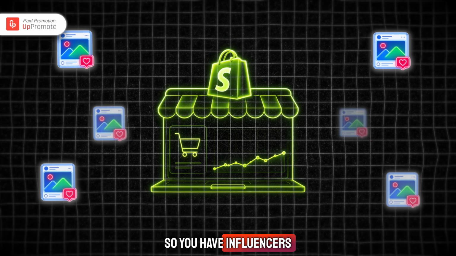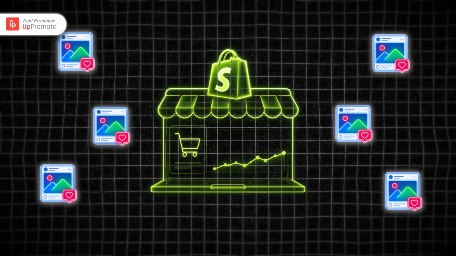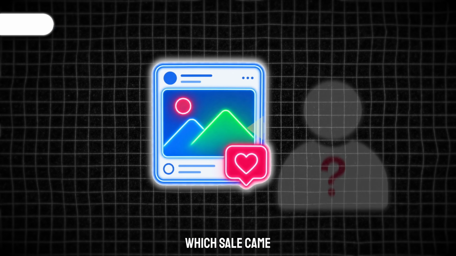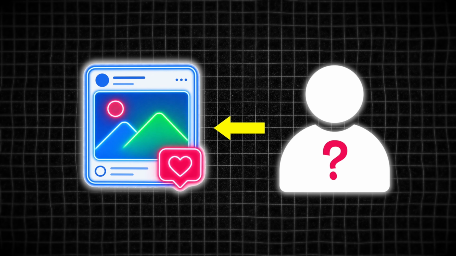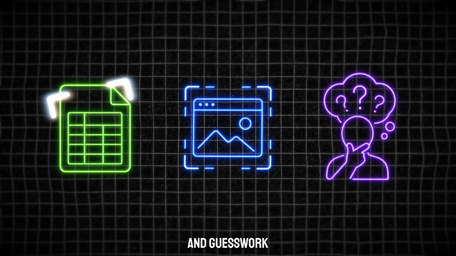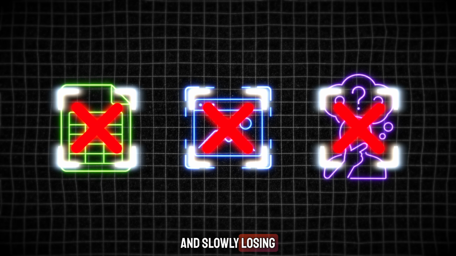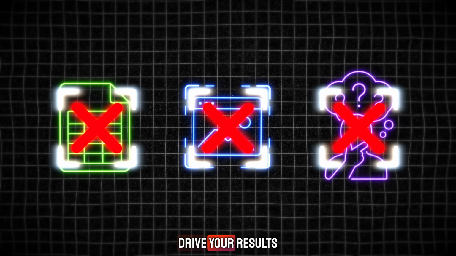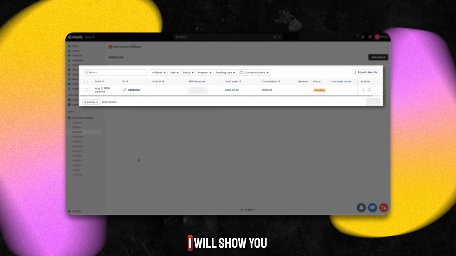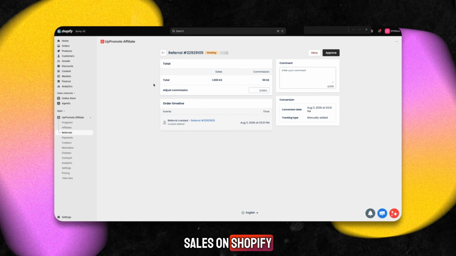So, you have influencers and affiliates promoting your Shopify store, which is great. But then the hard question arrives. Which sale came from which person? If you are trying to answer that with spreadsheets, screenshots, and guesswork, you will end up paying the wrong people, missing sales, and slowly losing the creators who actually drive your results. In this video, I will show you exactly how to track influencer and affiliate sales on Shopify the clean way